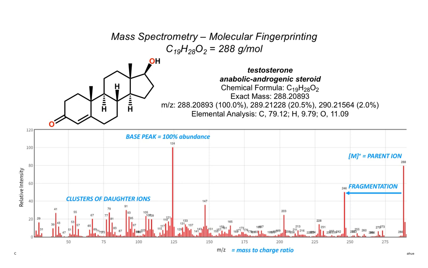So has anyone ever seen the data for a mass spectrum? That's what you're seeing now, so handful of people. So let me explain what you're looking at. You saw the structure of testosterone. We're able to calculate the C, the H, the O count. We know how to calculate molecular weight from it. And what you're seeing in terms of the data now